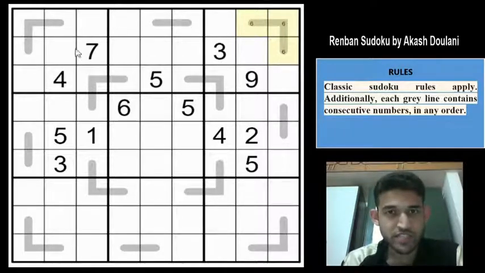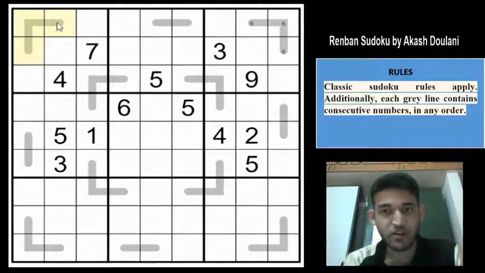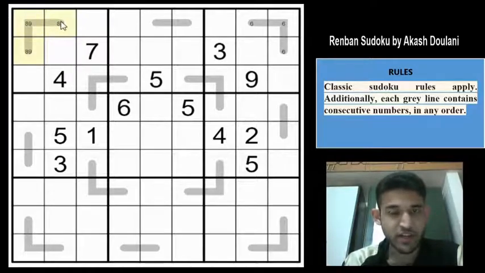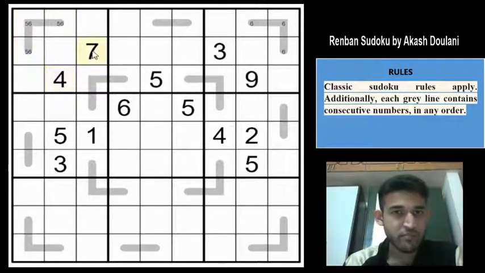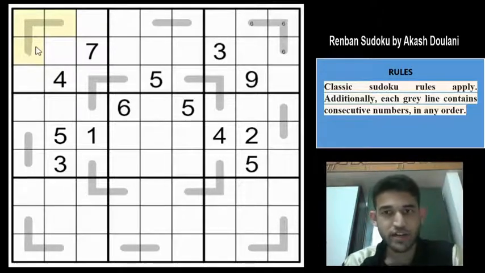So let us try to do the same activity in box 1 and see if we can make some progress. Okay, here it is very helpful in fact, because if you have a 7 here, this means that these 2 cells cannot contain an 8 or a 9, right? Because if you have an 8, 9 here, then you also must have a 7 to make a Renban line of 3 consecutive digits. So 7, 8 and 9 are eliminated, and even 5, 6 are eliminated, right? Because 4 and 7 make sure that 5, 6 cannot be there, because if you have a 5, 6, then you need to have a 4 or a 7 to get 3 consecutive digits. So 5, 6 also eliminated. The only possible option left to us is 1, 2 and 3.